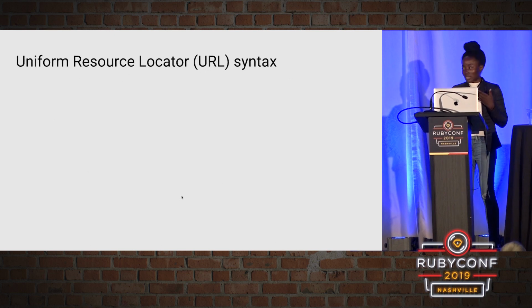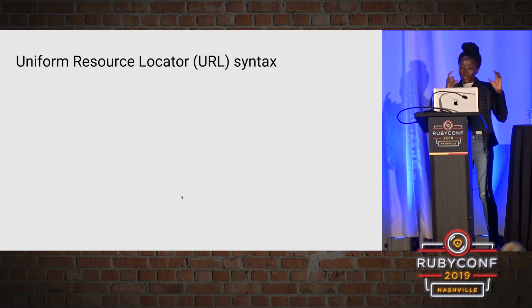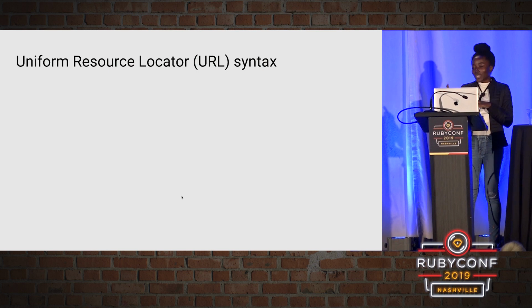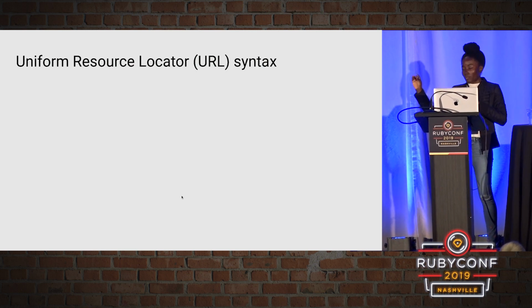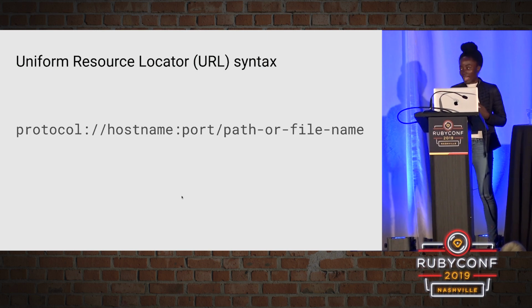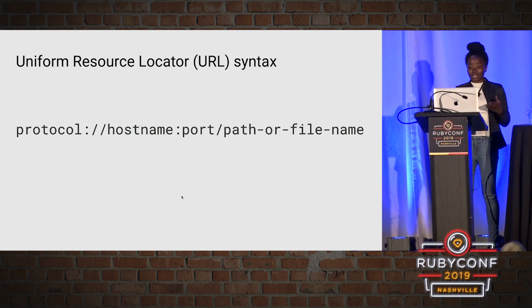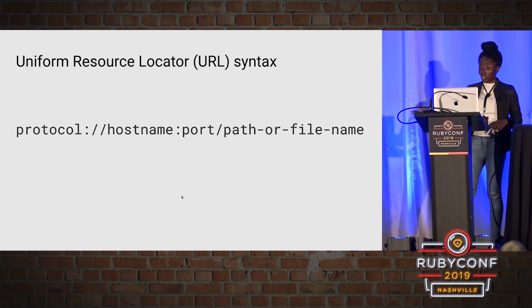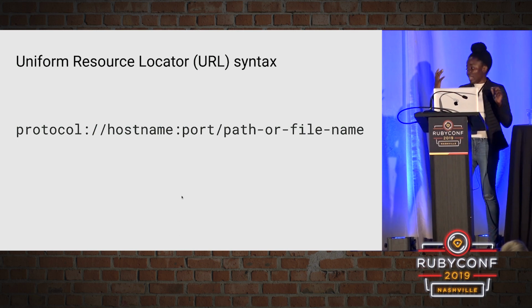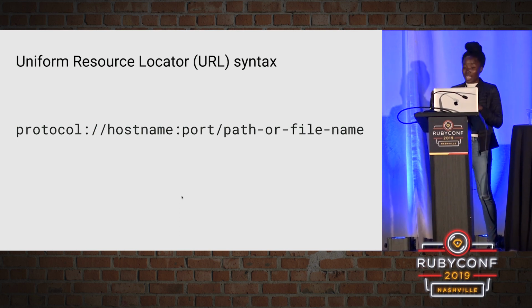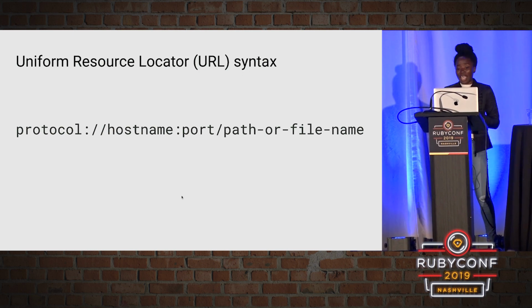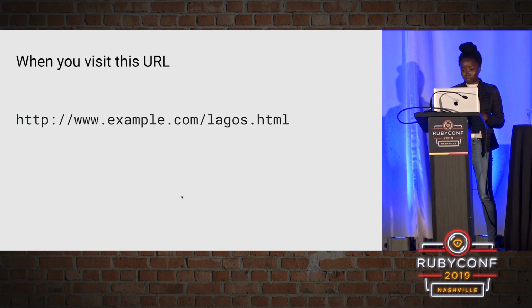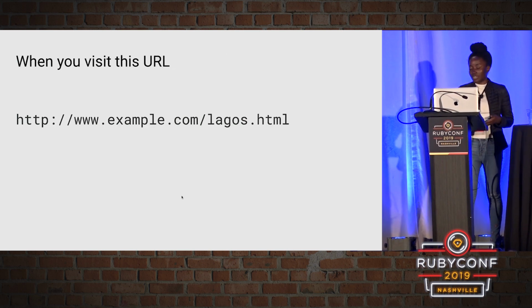So the URL has a syntax, and the URL is used to uniquely identify a resource over the web, because it's essentially the address where any resource is based on the web. And this is what the syntax looks like. The syntax has the protocol, which is the application level protocol, and then it has the host name, and it has the port. For the web, it's usually port 80, and you don't necessarily need to provide it. And it has the path or the file name. So for instance, when you visit this URL,